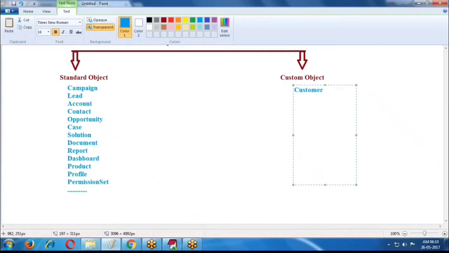customer, transaction, loan, credit card, payment, doctor, patient, pharma, like student, hostel, sports, library, like this, employee.